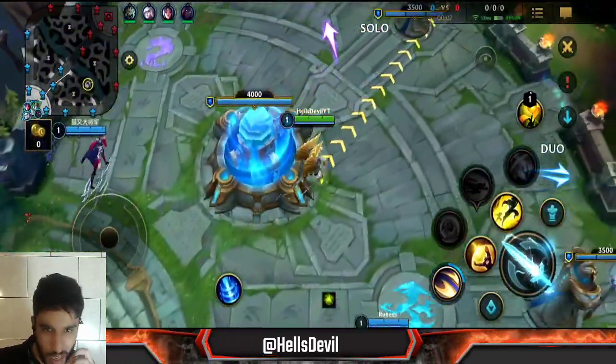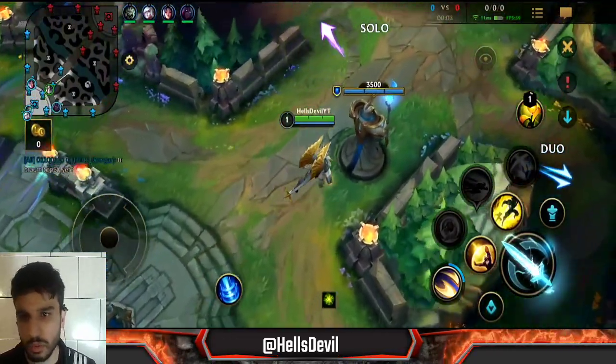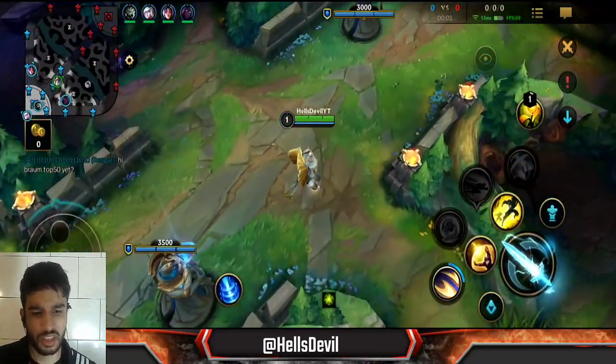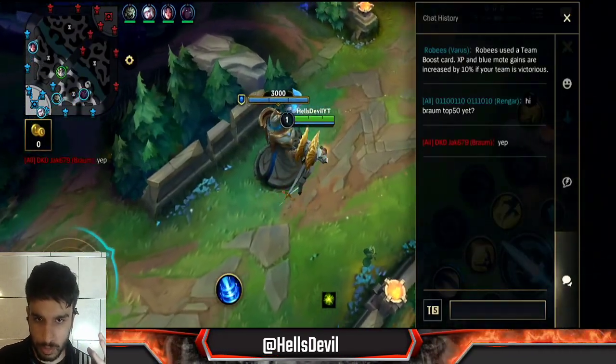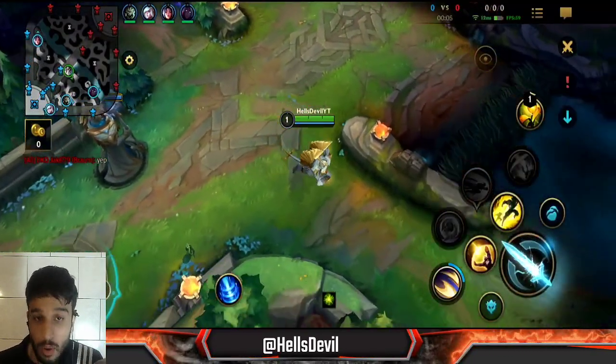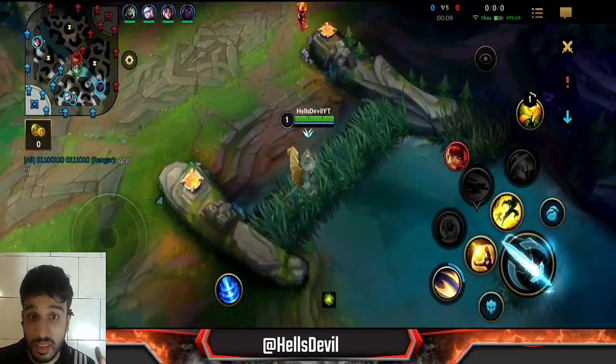So, okay. Let's immediately start talking about how you draft Galio. I immediately want to start talking about this, because this is actually a very important thing. Galio is basically always good, but he can be broken. When is he broken? If the enemies have a lot of ability